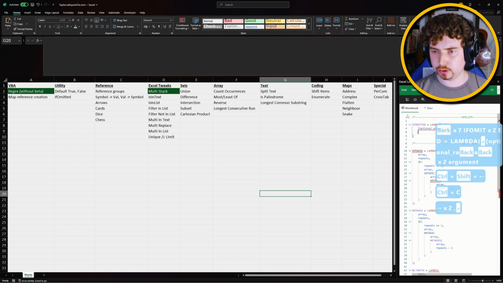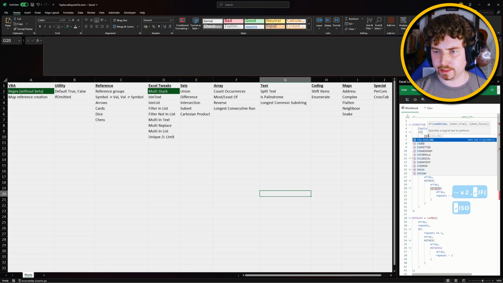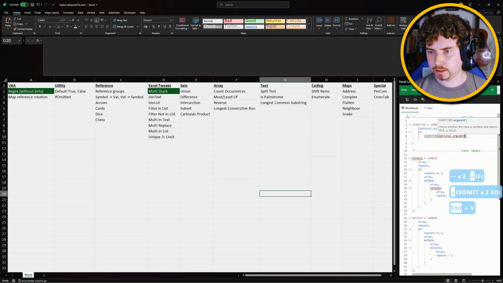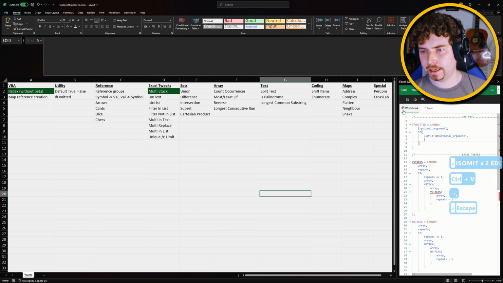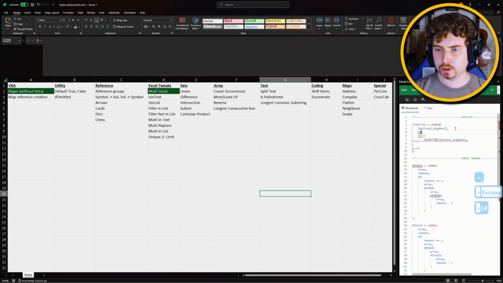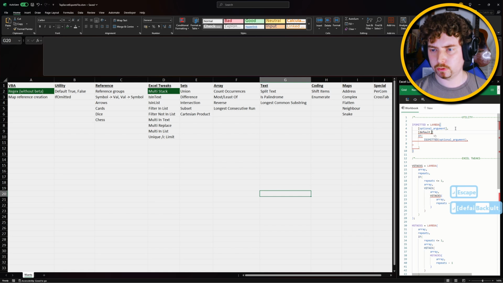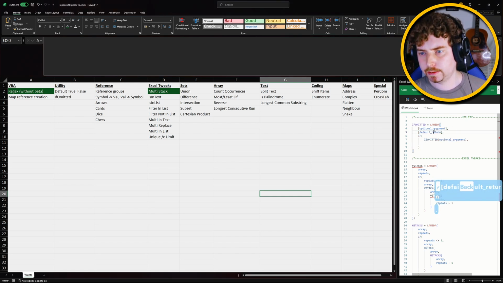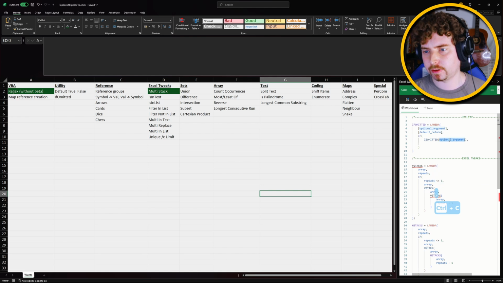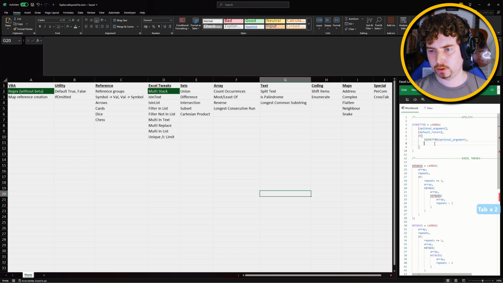So this is going to simply do this little wrap that we have to do every time. So if omitted, optional argument, default return. So we want to check if this is omitted, and if it is, we want to return